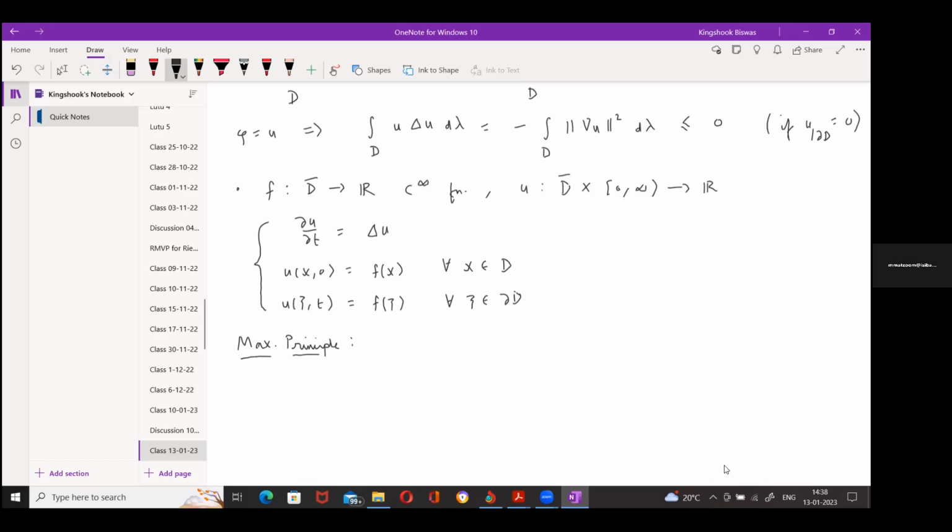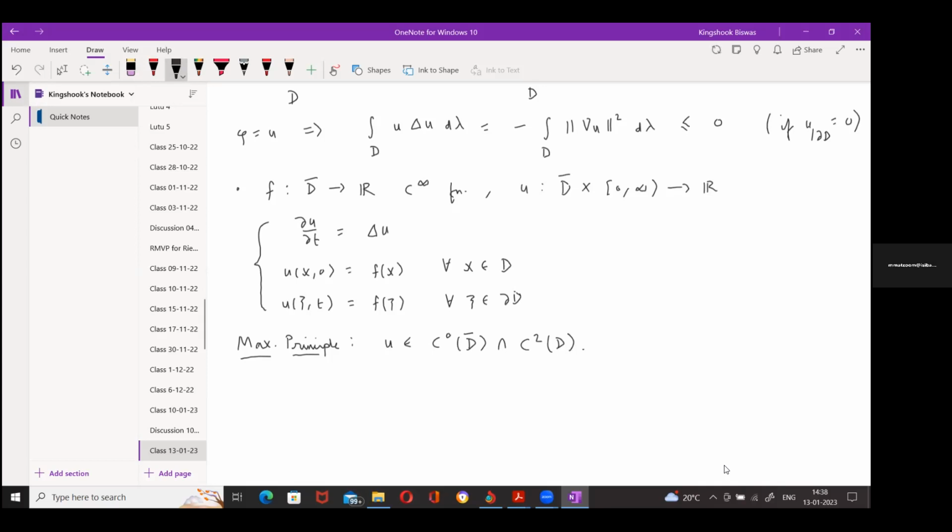This says that if, say, U from D closure to R is continuous on the closure of the domain D, where D is again a bounded domain, so it's continuous on the compact D closure, and say C2 inside D in the interior,